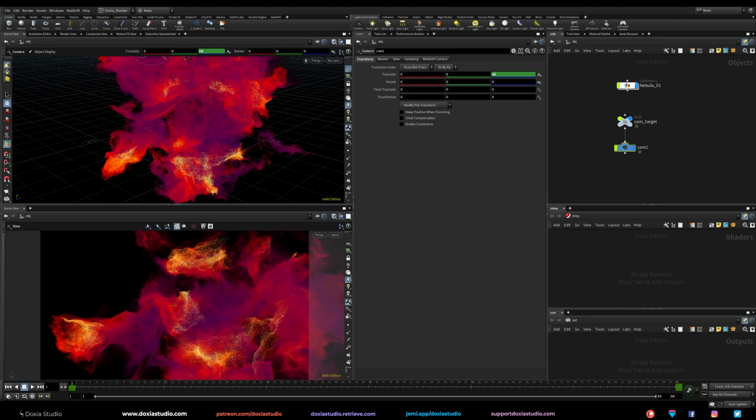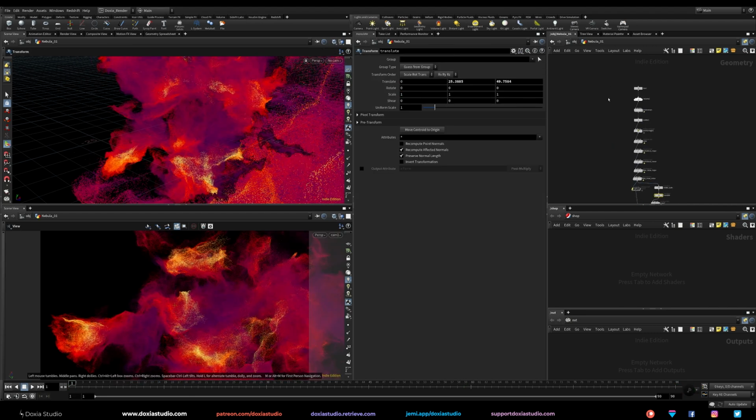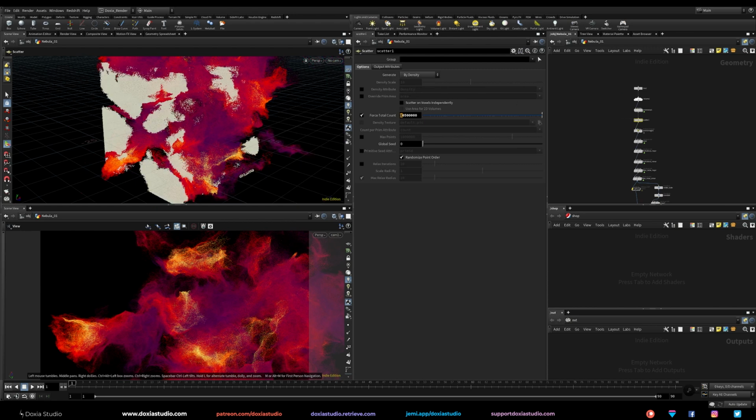Very cool. Let's increase again the nebula size, the scatter points. Let's go with 50 million. Right now, this number depends on your computer, on your RAM, and later on your GPU when you are going to render. My workstation, the limit is almost 200 million particles, so it depends on your computer. As many points as you can get, the better look it will have at the end.